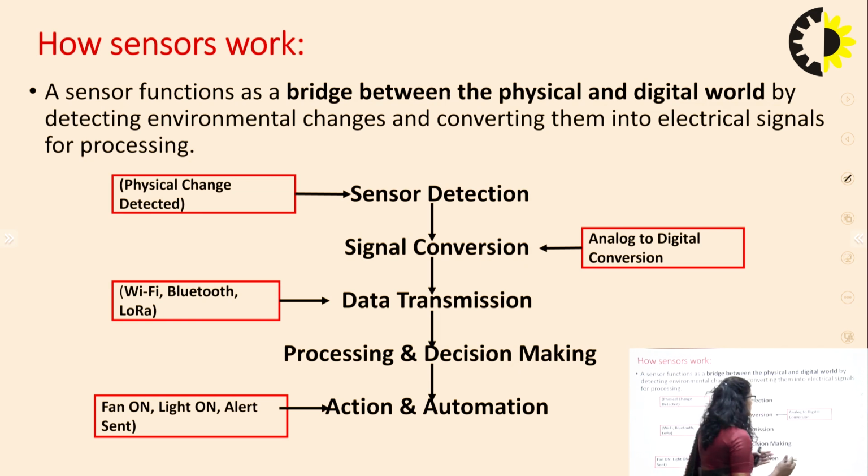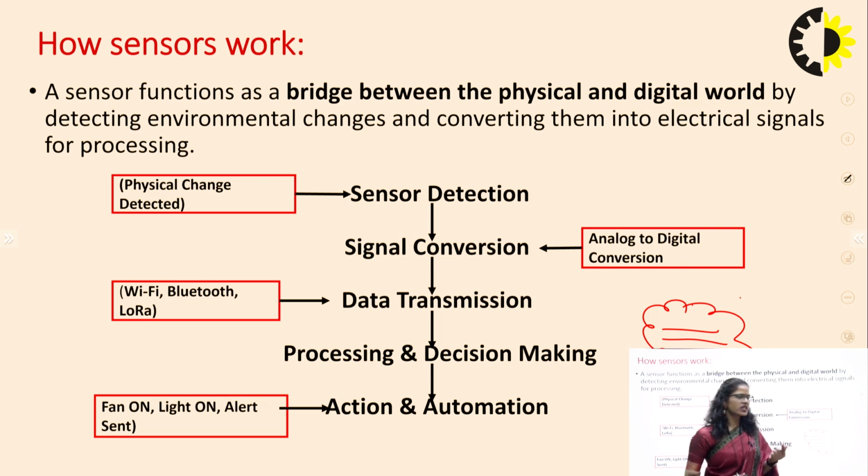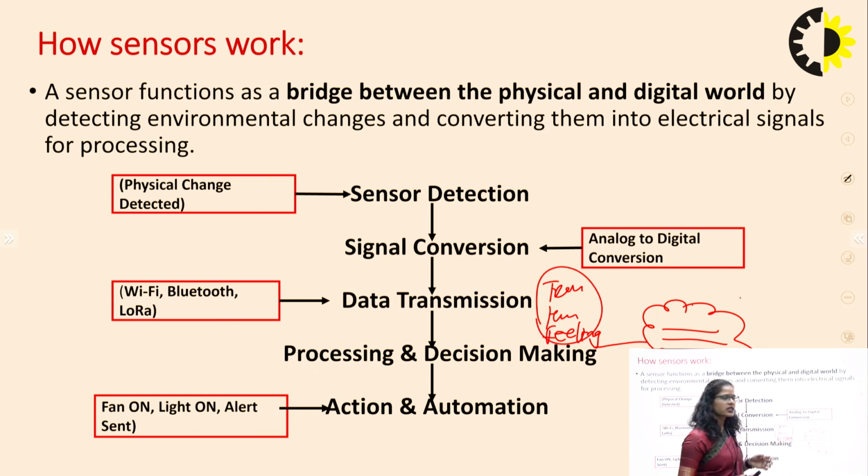Here, for example, this is the digital world, and the digital world is nothing but a world that works in digital form, in electrical signals or electrical energy. But if I'm talking about temperature, humidity, or the feeling of human beings, it is data that is sensed in analog form, right.